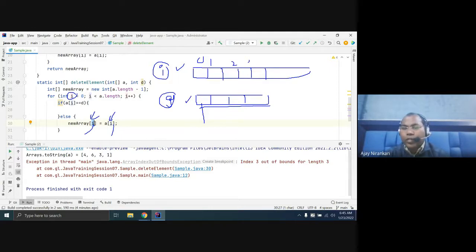We know 0 position data copy, 0 position data copy. Okay, 1 position, 1 position. If 3 is a match, skip, not a problem. Whenever you copy this, you have written only 2 data, so we have a third place of space, and you can put the value here. So instead of using the same index variable here, we have to use two indexes: one index for your old array, one index for your new array.